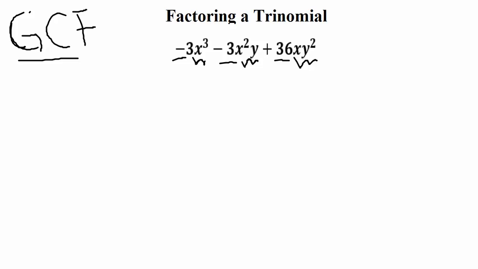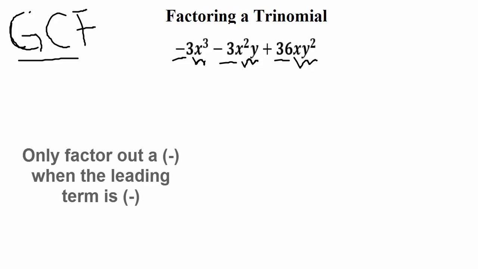First off, the first thing that I notice is that there's a negative here in front. We have a rule that says that the only time that we factor out a negative is when our leading term is negative. So here we do have a negative out in front, so I'm going to go ahead and factor out a negative. Otherwise, comparing our numbers here, we have 3,